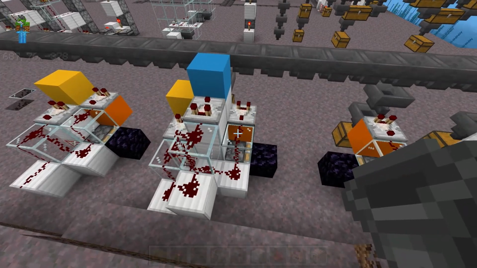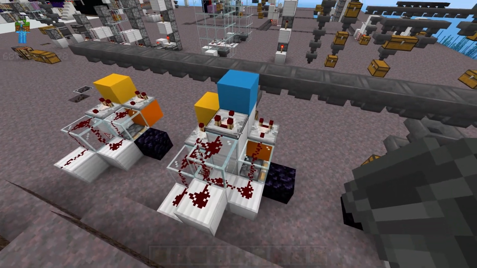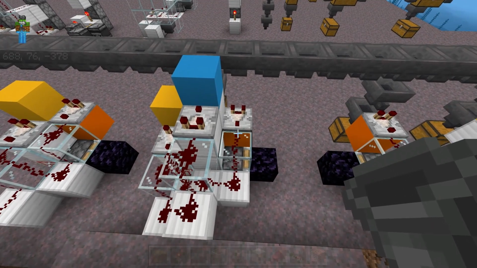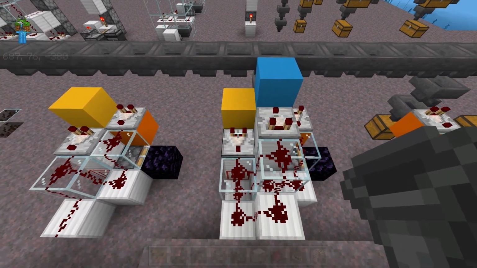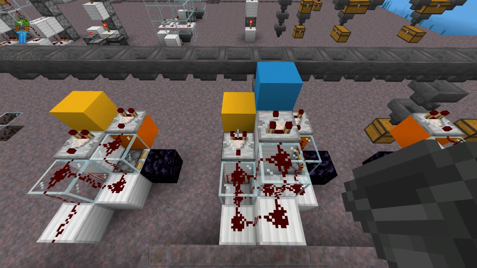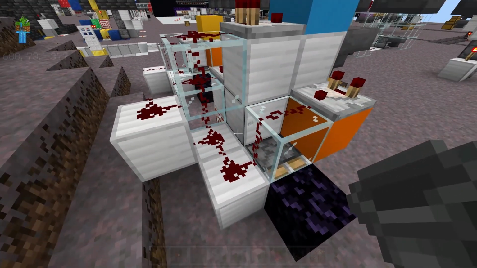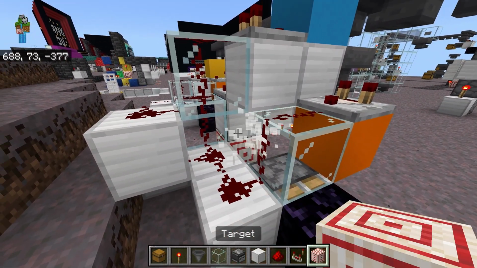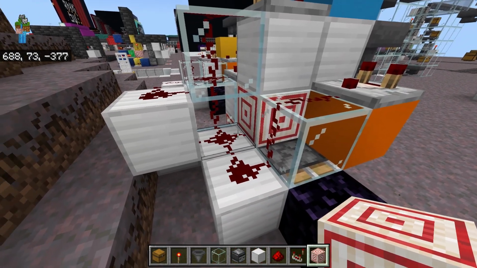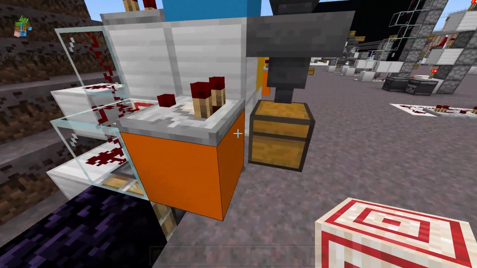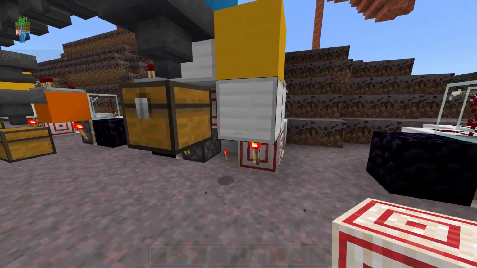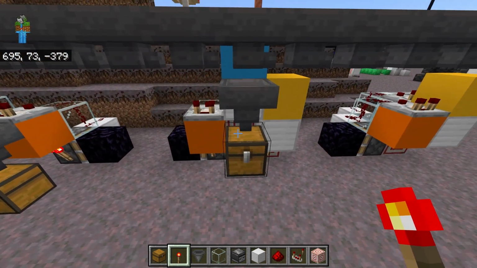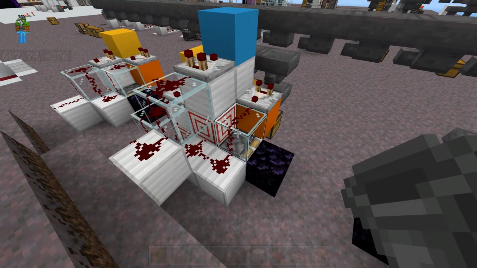So here I built all 3 next to each other. Again, the blue is a non-stackable item filter with a backwards comparator. The orange is a non-overflow protected. The yellow is an overflow protected. And that comparator is really bugging me, but it's okay, it won't affect what we're doing. But first we need to replace the block on the non-stackable item filter with a target block to redirect the redstone, just like we did before when it came to tiling the non-stackable item filter, and we need to replace the torch. And so now the non-stackable item sorter can be tiled.